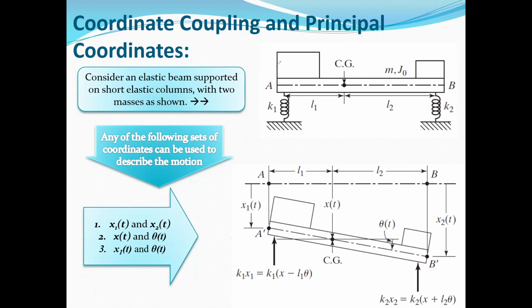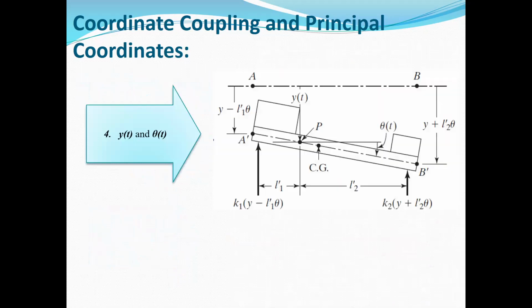So different coordinates can be used, or another set that we can use is y and theta, where y is the deflection of an arbitrary point P, and theta is the rotation about the point P in clockwise direction. Here this theta is different from the previous theta. So this is another coordinate system that we can use, and we can extract the equation of motion based on